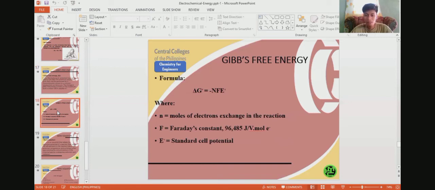moles of electrons exchanged in the reaction. F is the Faraday's constant na may value na 96,485 joules over volt times mole of electrons. And E naught is the standard cell potential. So, ano nga ba yung application ng Gibbs free energy? Gibbs free energy enables us to predict the direction of spontaneous change. It operates at constant temperature and pressure. So, these are their main